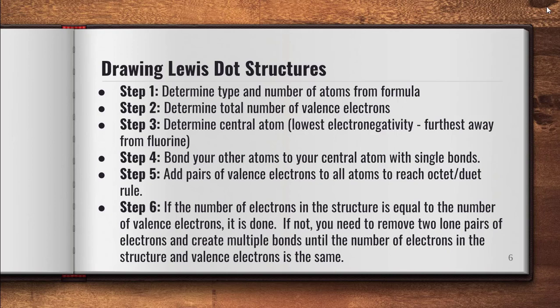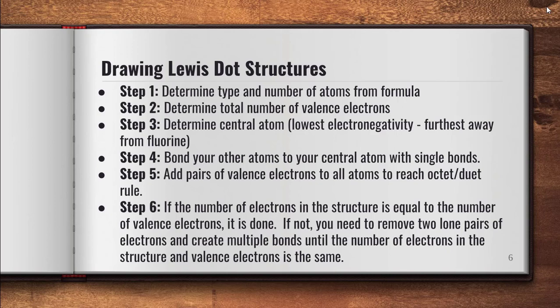The only exception to this is to not use hydrogen. Okay? Hydrogen will not be a central atom because it can only have 2 electrons in its outermost shell, so it doesn't really bond to a whole lot of other things. Step 4 is to bond your other atoms to your central atom with single bonds. And then step 5 is to add pairs of valence electrons to all atoms to reach the octet or duet